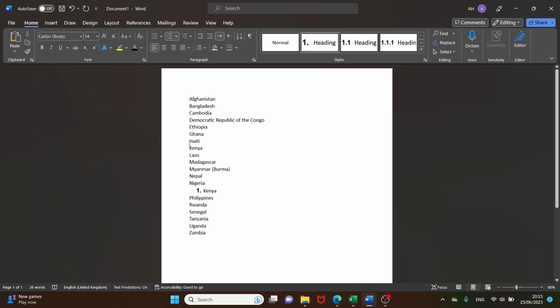So let me go back to make it clean again. Okay, so let's apply to Afghanistan. I will select heading 1, it is 1. Now if I apply to Ethiopia, the same level 1 heading, it will give 2. Nigeria 3. Now in between, if I apply the second level heading 2, let's apply to Kenya, it should give